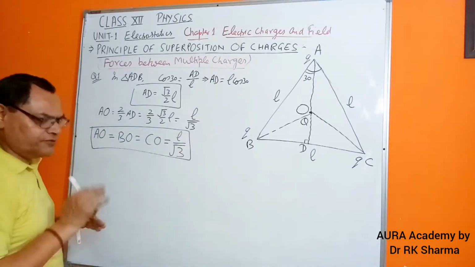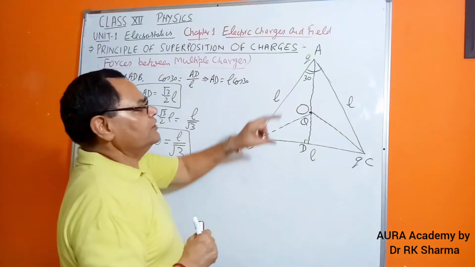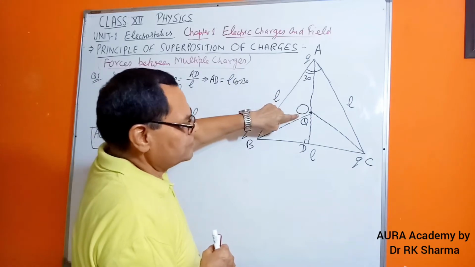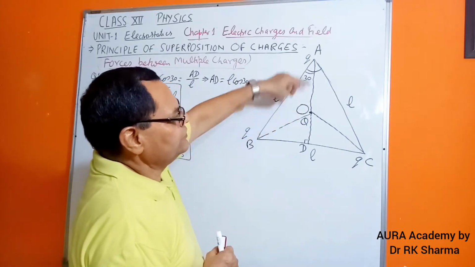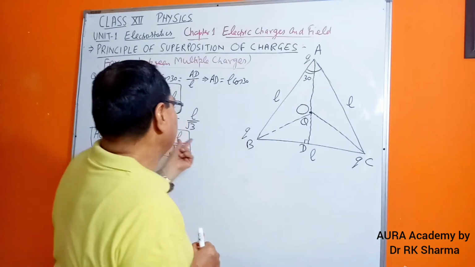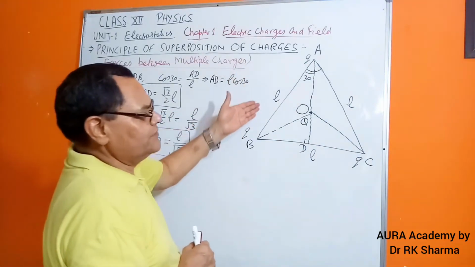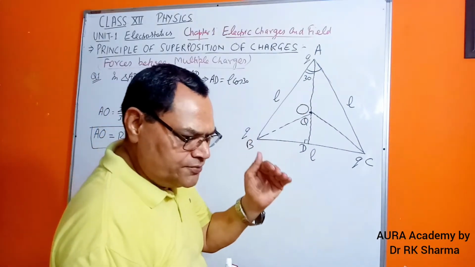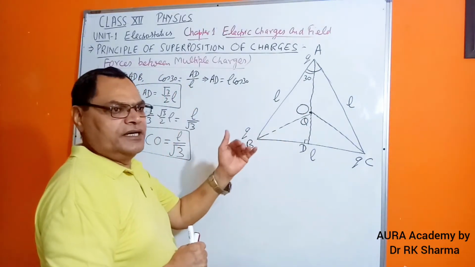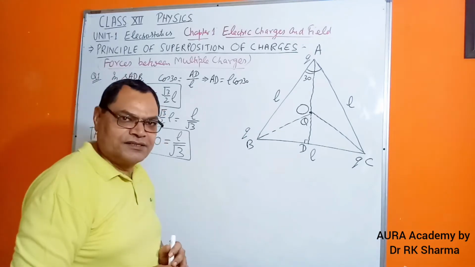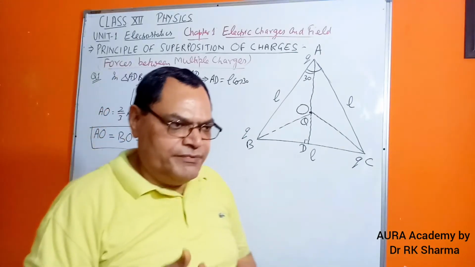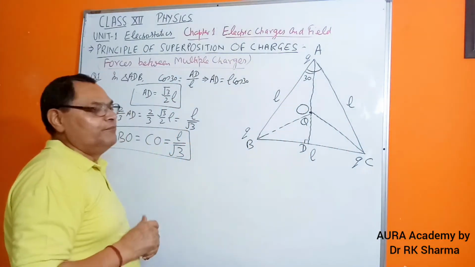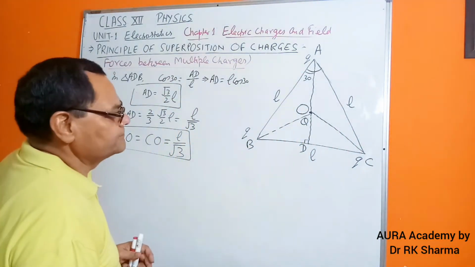So at least as of now, if we want to find the force between the small charge q and the capital Q charge at O, we know the charges, and we know the distance now, that is L upon root 3, because this L is given to us. So at least the numerical value of the force as per Coulomb's law we can write down. The force being a vector quantity, we need to show the direction of the force as well. Without that we cannot proceed further.